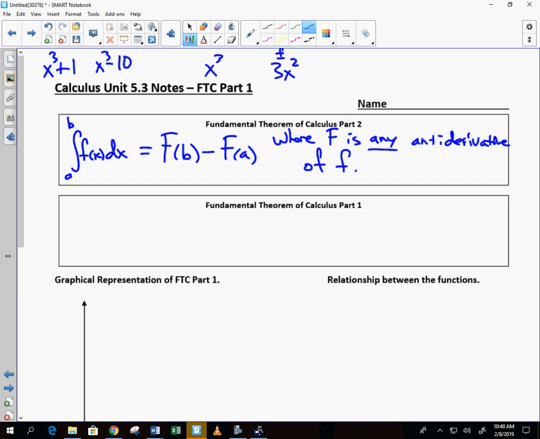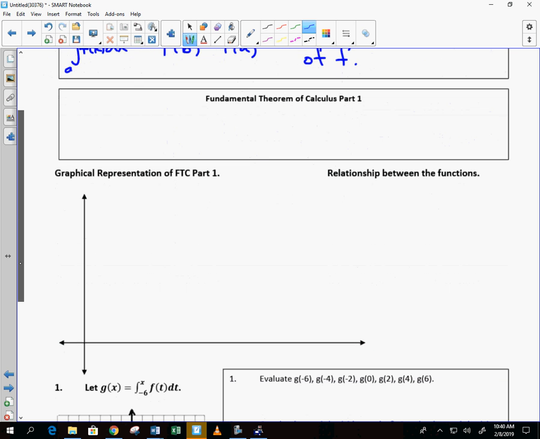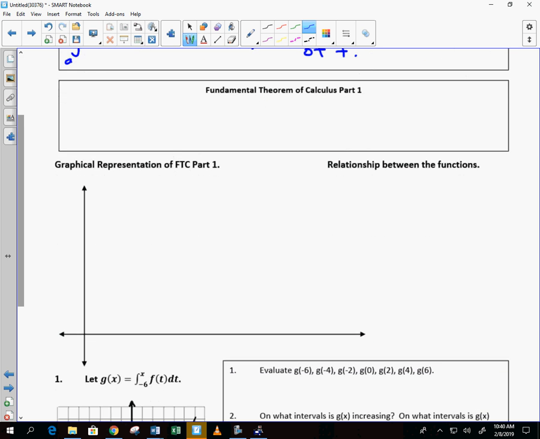All right. So what about the fundamental theorem of calculus part 1? I always have to have my book to make sure I get this right. I don't want to mess it up. If f is continuous on the interval [a, b],